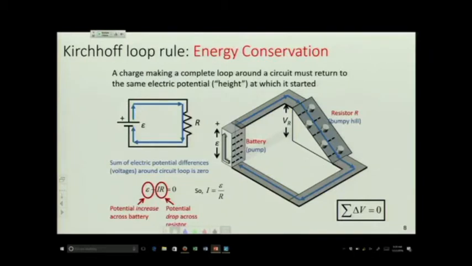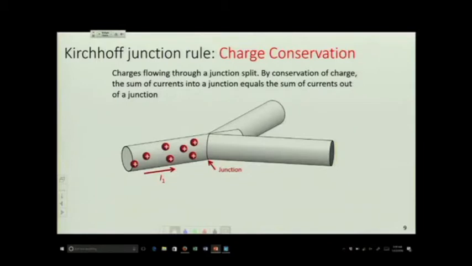That's the first principle. The second principle is charge conservation. So imagine I have water flowing through a pipe. It gets to a junction. Some of it goes this way, some of it goes the other way. If I measure the total amount of water in this pipe and add it to the total amount of water in the second pipe, I have to get the total amount of water that came in to begin with. Or think of these individual charges flowing. They either go one way or the other. So if I add up the charge here and here, I will get the charge that came in.